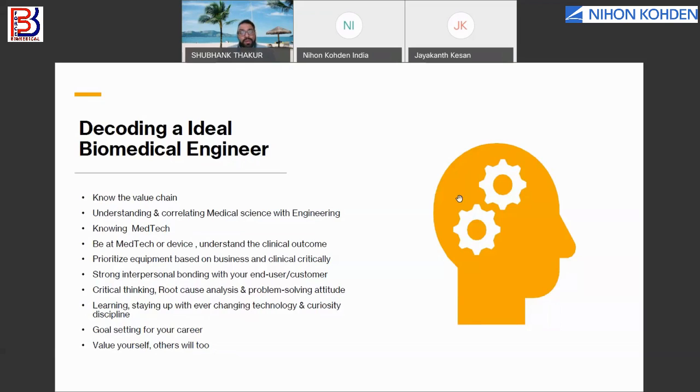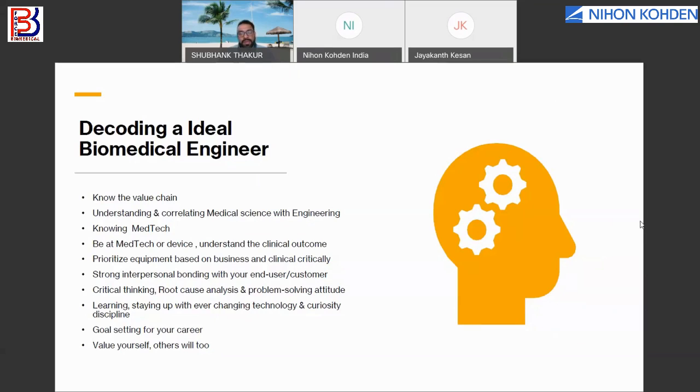As I said, learning is always a work in progress, and this also applies to a biomedical engineer, because the biomedical engineering discipline is so dynamic. Today we might have interacted with some technology vendor, R&D team, and maybe after 2-3 months you have another new technology, maybe from that same manufacturer, maybe from their competitor, because they are all innovating and keep on researching. So as an individual biomedical engineer, it is so important that you keep on upgrading yourself, keep on reading